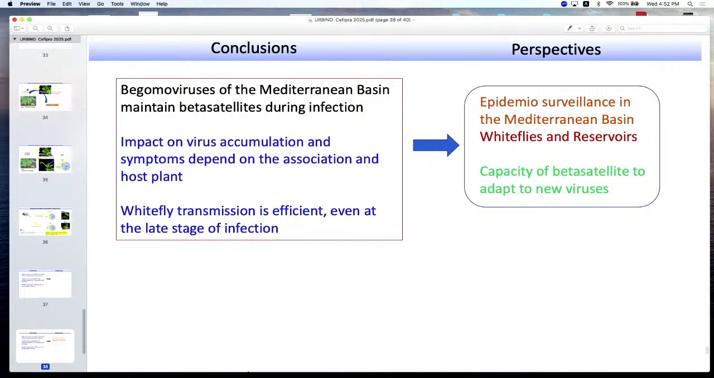And also, what we are afraid of is the capacity of beta satellites to adapt to new viruses, because I told you that sometimes beta satellites were not replicated by the virus, but in some cases it could be progressive, and then maybe after a few crops, we will have adaptation and replication by a virus which was not able to at the beginning, maybe after mutations and co-evolution of the satellite and the virus. This has already been shown once, in another country,